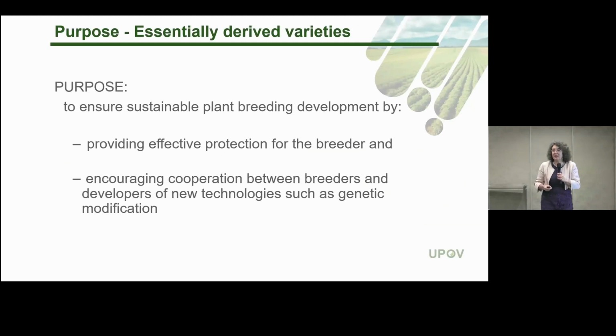And just to highlight, the main purpose of introducing this concept in the UPOV Convention was to facilitate the cooperation between breeders. So those breeders that use some of the traditional techniques of breeding, like crossing, and also companies or breeders that use new technologies. And in a way, I have to highlight breeders, whether from public research institute, private companies, cooperative of farmers that are breeders, they actually like to be able to use as many technologies that are available for them in the breeding programs.